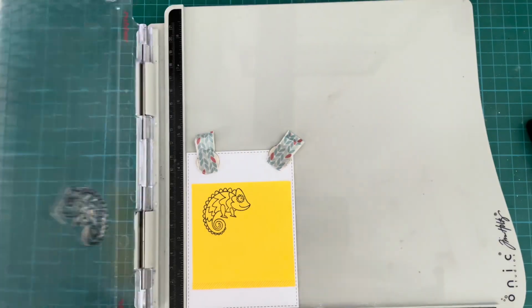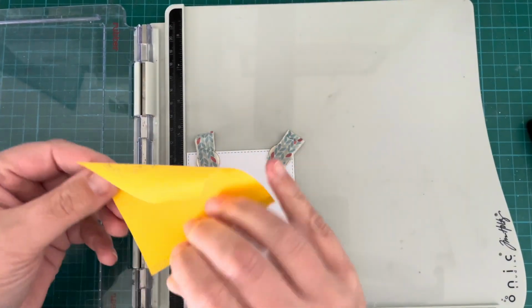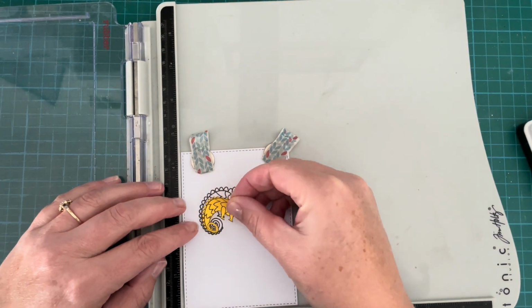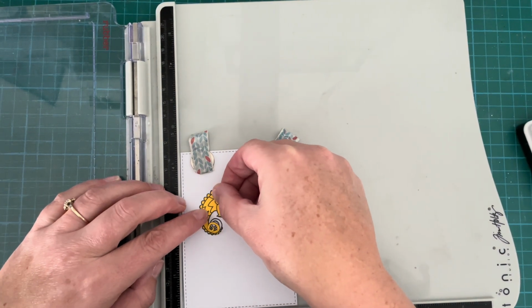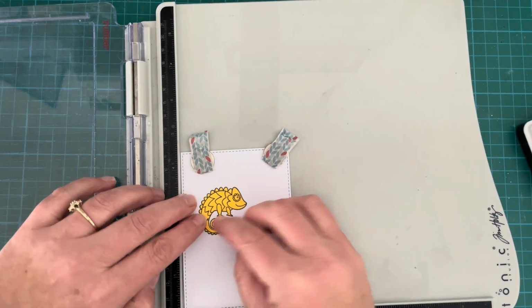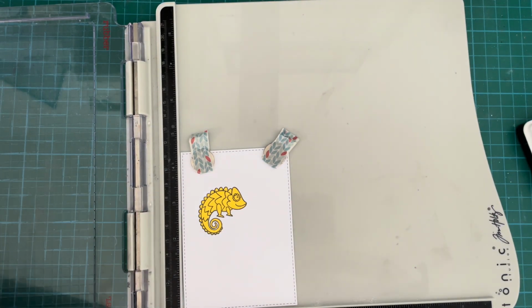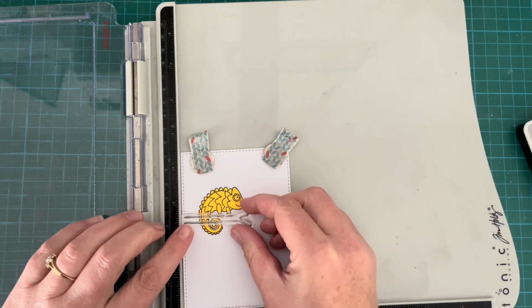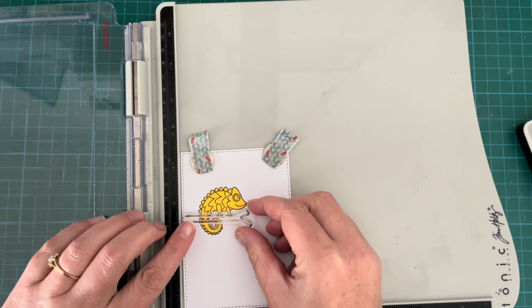and then off camera, because you don't want to watch all of that, I'm going to fussy cut all the way around this little guy. So once that is done, I will place the mask on top of my stamped image, being careful to get it lined up correctly. That tail was a little bit fiddly to cut out, but I did it in the end. And then I'm going to go ahead and stamp out the little branch that comes in the stamp set